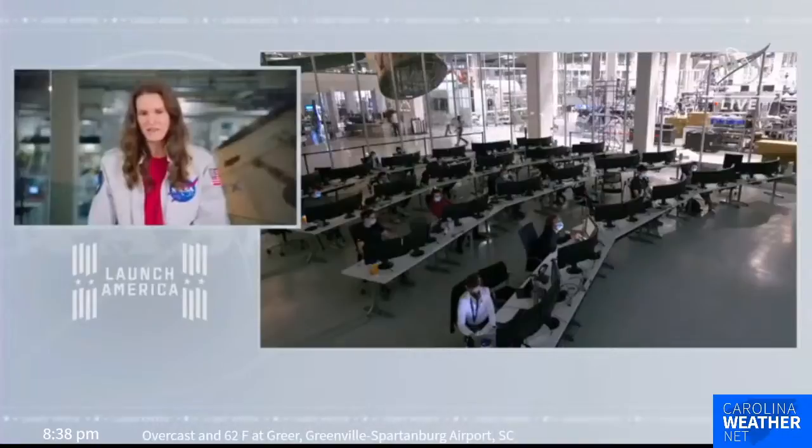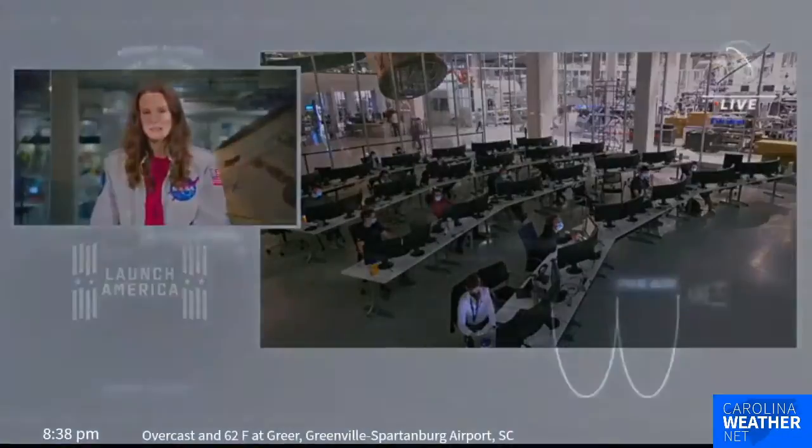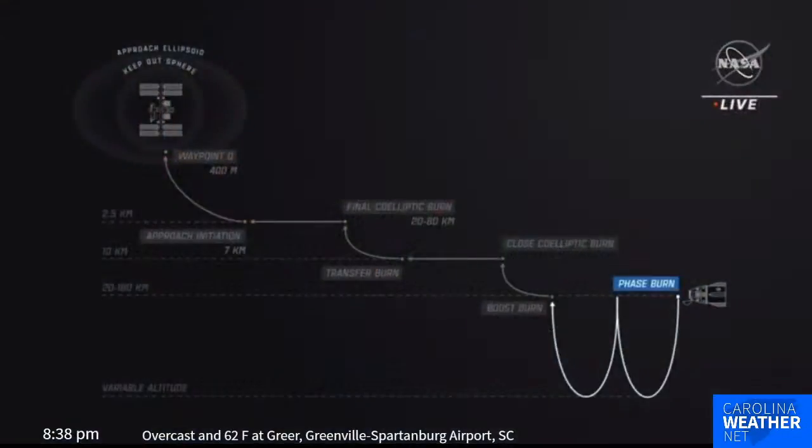About 47 minutes after liftoff, Dragon executed the phase burn, which was the first of 5 major burns required to raise Dragon's orbit and position it for approach to the International Space Station. We're going to see Dragon raise its orbit using those Draco thrusters over the coming hours as it chases down